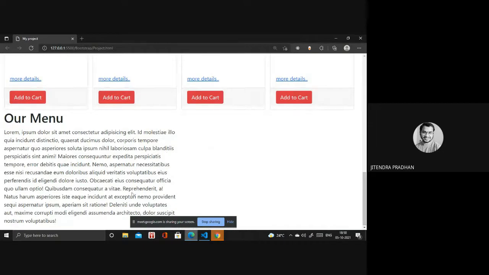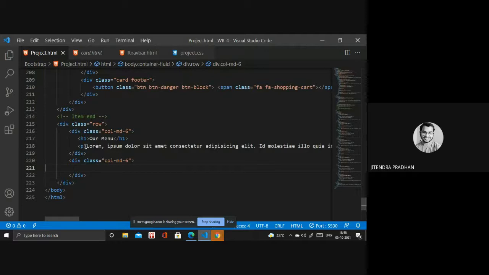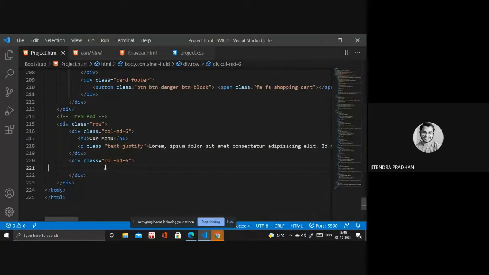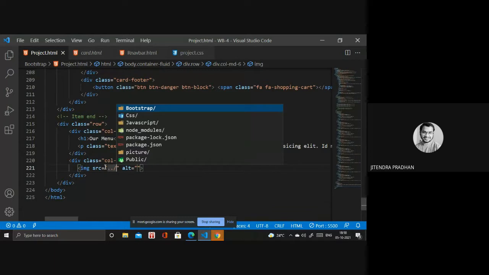Okay, divided into two parts. I need that paragraph to be justified, so I need to write a class, text center or text justify, you have to write. Okay, so next thing, I need a picture. I will use an image, inside dot slash, and I will use some picture.